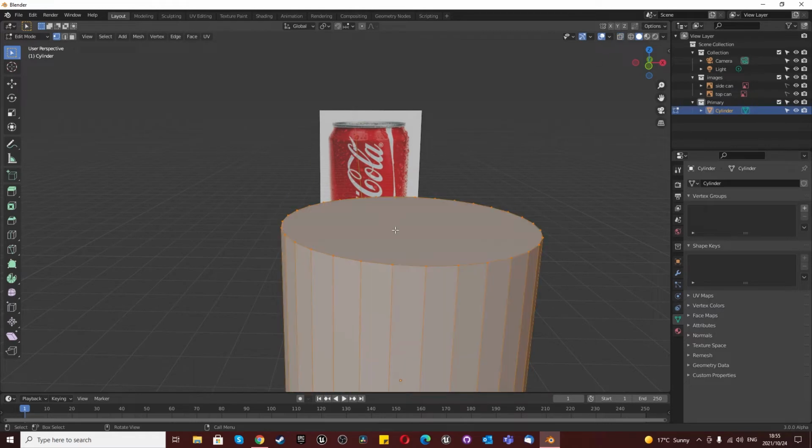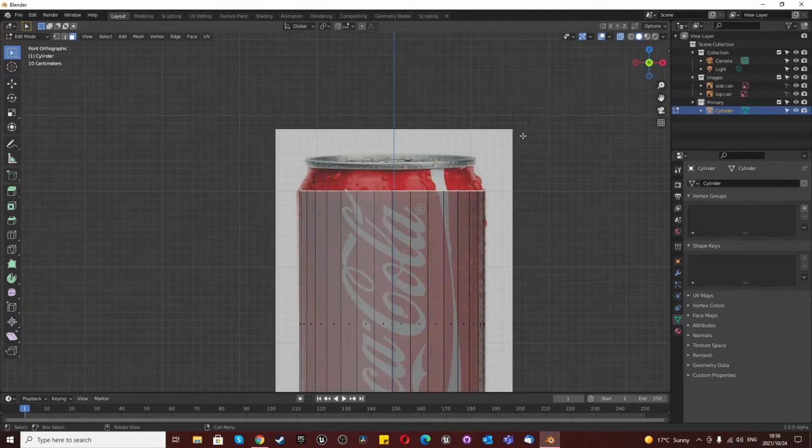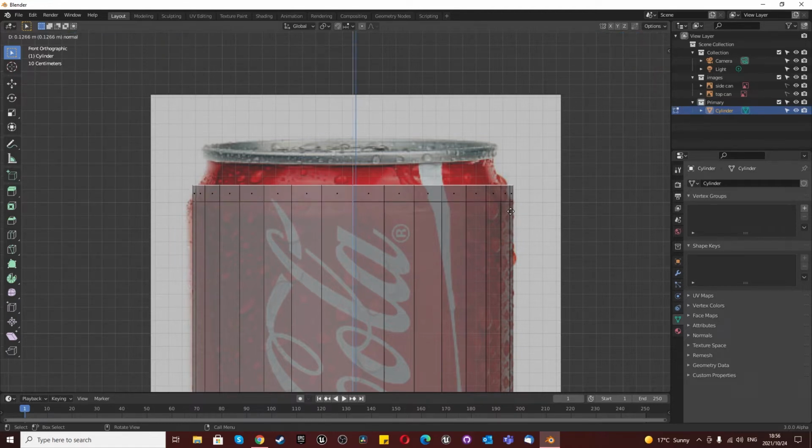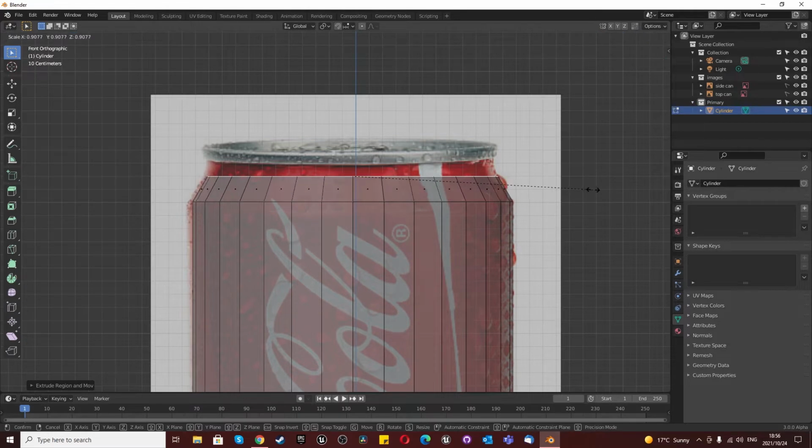And I am going to select the top, press 3 for face select. Choose the top piece here, turn this back on, numpad 1, and you'll notice that this has a slide, so it's got a point about over here. You can see it over here, where it bends to, and then it goes up. So we're going to press E to extrude to that point, which is about here, S to scale it inwards,